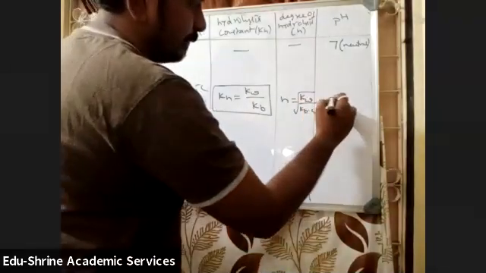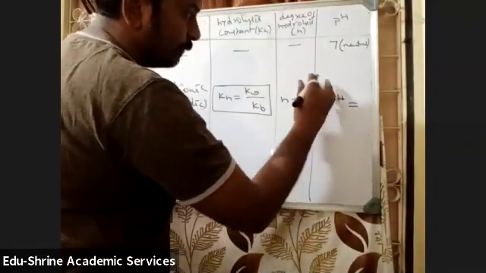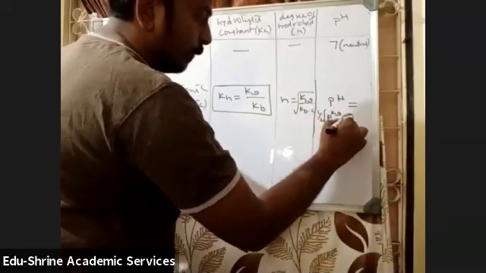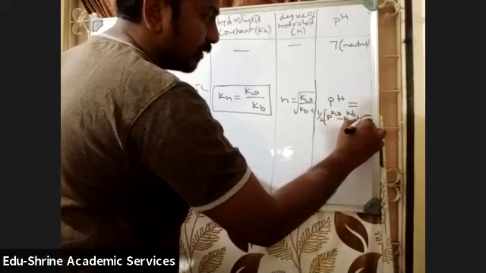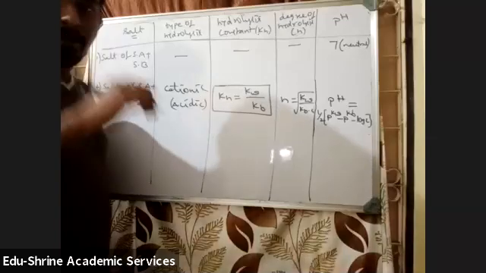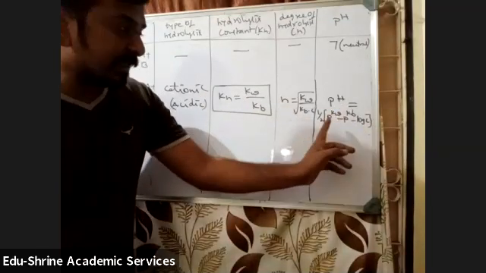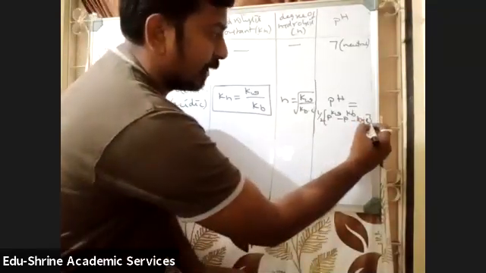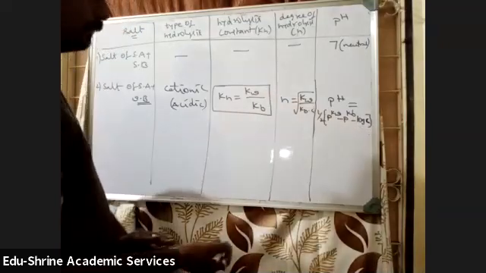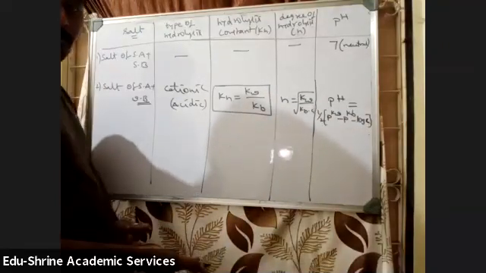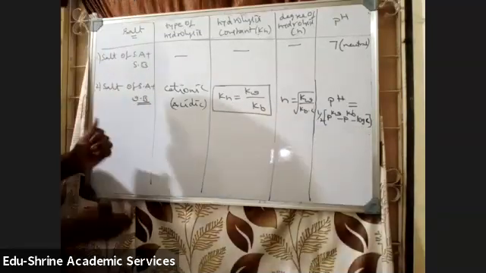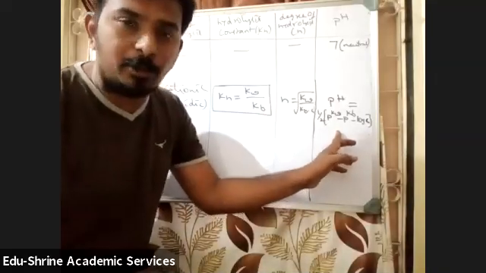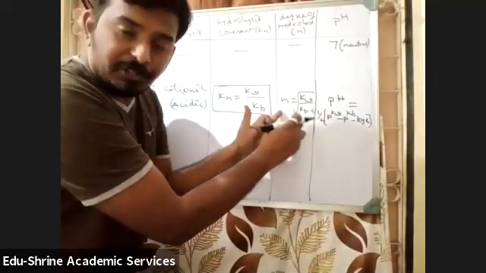The pH expression is: pH is equal to half into pKw minus pKb minus log C. Just remember the formula to calculate. pH is equal to half into pKw minus pKb minus log C. This is the formula to calculate pH. Okay. Next, third one: if you are finding it difficult to remember this formula, from here you will come to know the value of H.